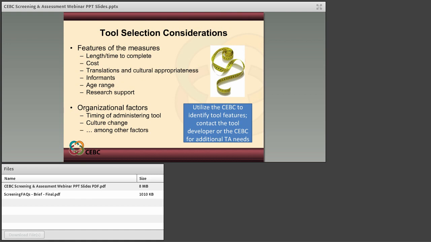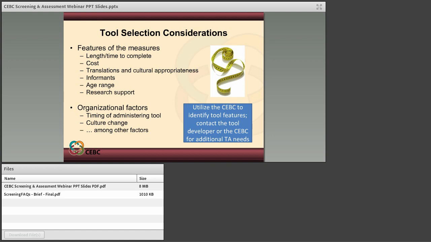Other important considerations are organizational factors. An important consideration is that a tool is administered in a timely and useful manner. Using a measurement tool is intended to enhance what child welfare workers are already doing. So think about how court reports can utilize data to strengthen a case decision. If administering a tool is viewed as an additional responsibility or administered after a decision is already made, then the tool won't succeed in its purpose.